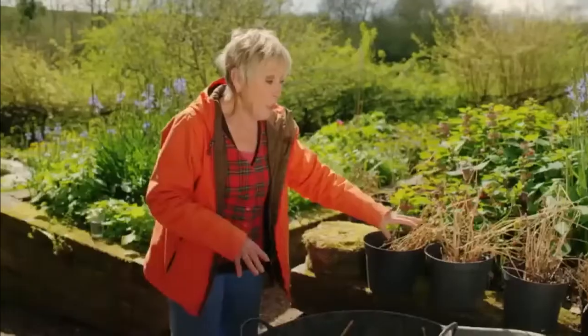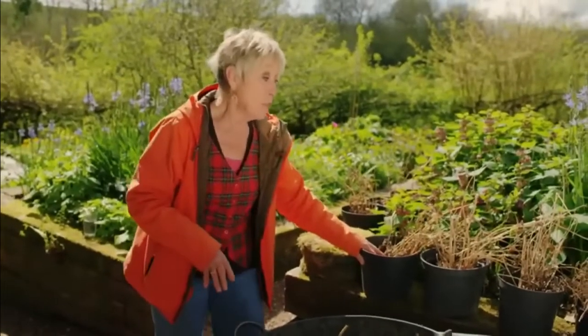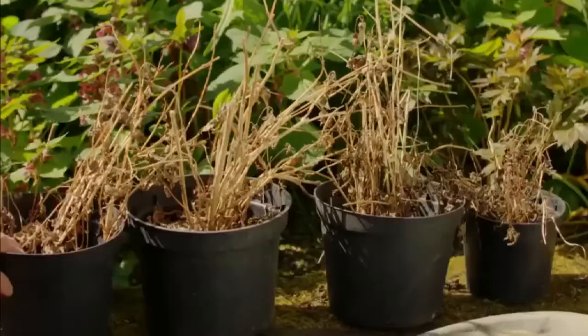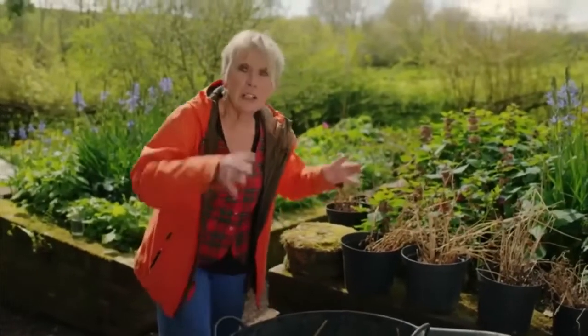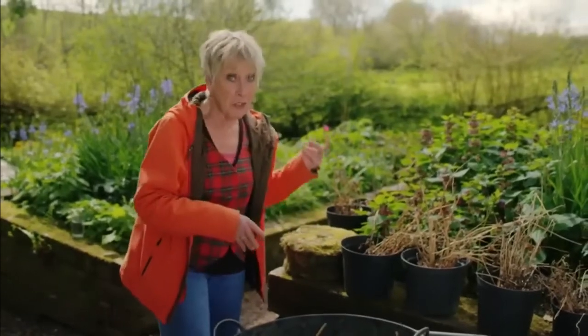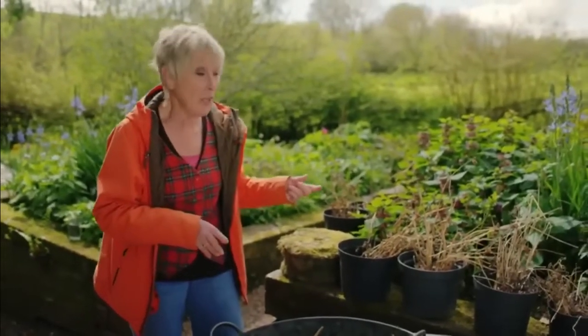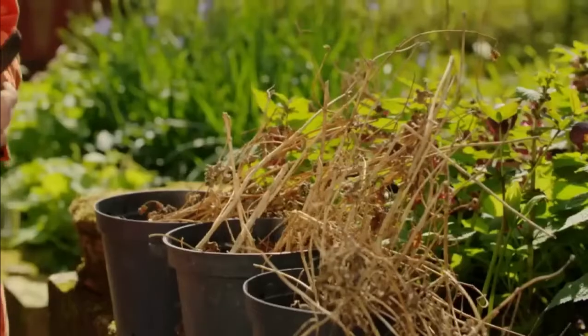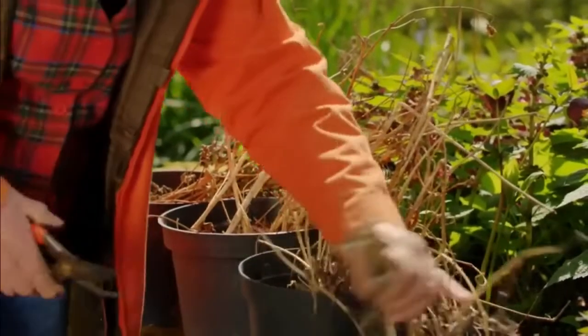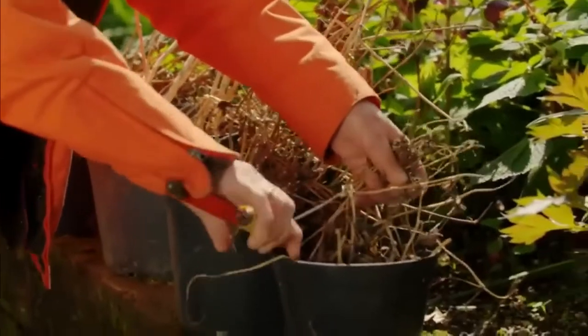These are my old dahlias, or the dahlias that were grown in these pots last year, and all produce lovely flowers. I've got to get rid of all this debris on the top, give them a really good soaking, because they've just been sitting in a sheltered place right over the winter with no water whatsoever since last autumn. So if I just